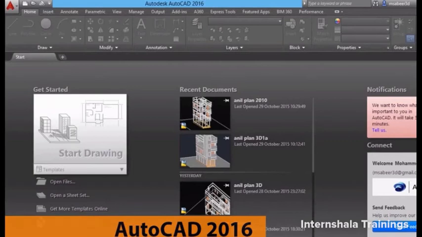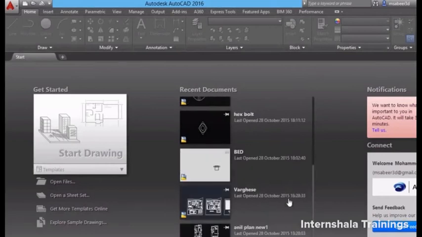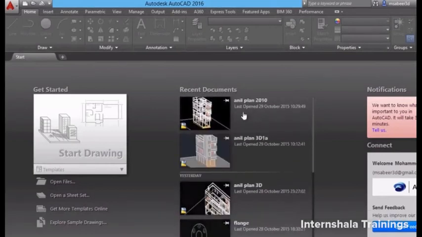When you launch AutoCAD software, you will get this particular screen. You will have a Start tab on the left side. Then you will see a list of recently opened documents which can be scrolled, and you can open any desired document from here. You will see a notification area which will give you some information related with AutoCAD, and you have a connect section over here with which you can connect to A360 or Autodesk 360, which is the cloud service offered by the Autodesk company. And you can save drawings to this cloud, and you can open drawings from the cloud.